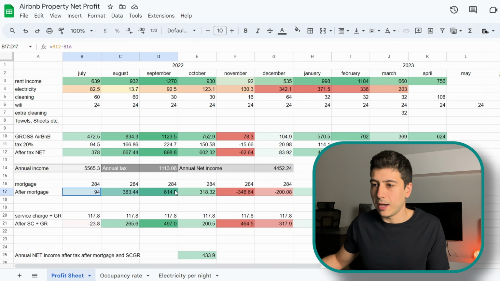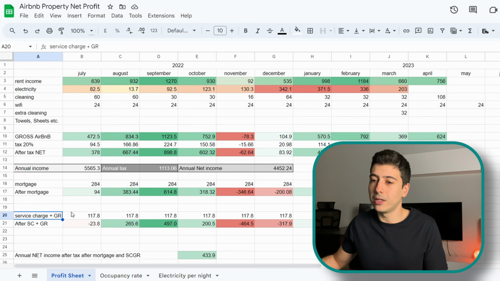And this is why I like the after mortgage row. It pretty much tells you in general, by looking at the color coding I've inserted in the spreadsheet, how well you're doing. So we have really strong green over here, a really strong red over here, another green over here, another green over here. So we have predominantly green, which in general tells you that renting out the property is taking care of itself. And the final two rows are testing whether all of those profits can also take care of service